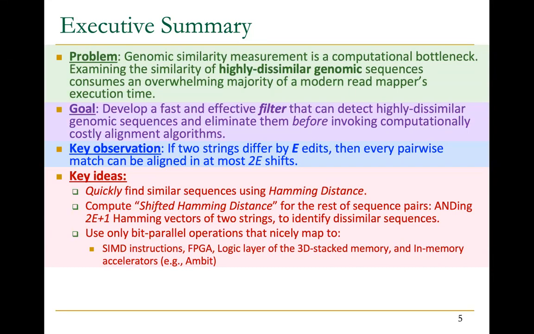After Hamming distance, we compute shifted Hamming distance, which is a generalized version of Hamming distance, for the rest of the sequence pairs. We AND all these 2E plus 1 Hamming vectors of the two strings to identify similar sequences. If we find that the number of differences exceeds the threshold, then we can make a very good decision about whether they are similar or dissimilar. We cannot make such a decision in the first step. In the first step, you can only say if they are similar. We still cannot decide if they are dissimilar,